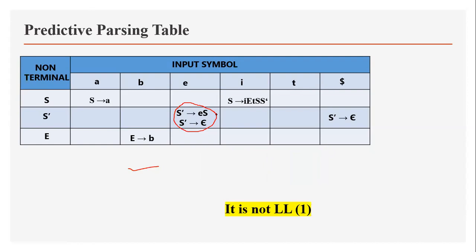So by marking it with a circle, you have to indicate that this particular production on this particular non-terminal and input symbol proves that the given grammar is not LL(1). Sometimes you may get the question to prove that the given grammar is not LL(1), and you have to prove it like this. Because two productions on the same non-terminal with the same input symbol lead to confusion, we have to think of a more powerful parser.